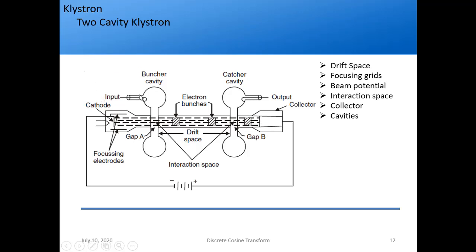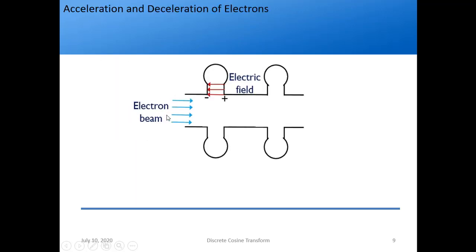I am giving a RF input here. So RF is a sinusoidal input, right? So it will come here, right? So it will generate a sinusoidal electric field here, right? Since it is sinusoidal in nature, obviously it will be an alternating field since it is a RF signal. So at one point I'll have plus to the left side and negative to the right side. In the other cycle I'll have a minus here and a plus here. So I'll be having these two cases, right?